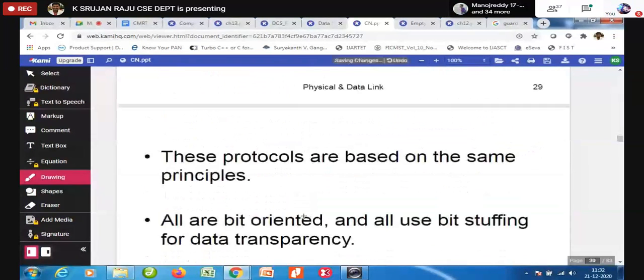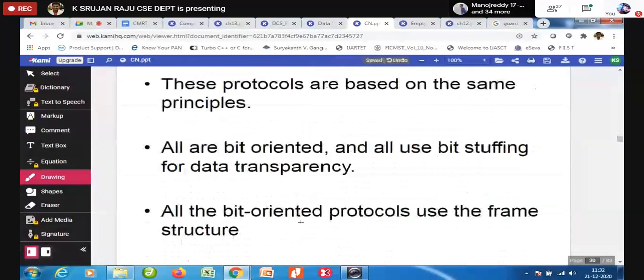Finally, we are going to use these bit oriented protocols. All are bit oriented protocols, but we are going to use HDLC. Bit oriented means the bit stuffing in the framing which we have discussed. All the bit oriented protocols use the frame structure.